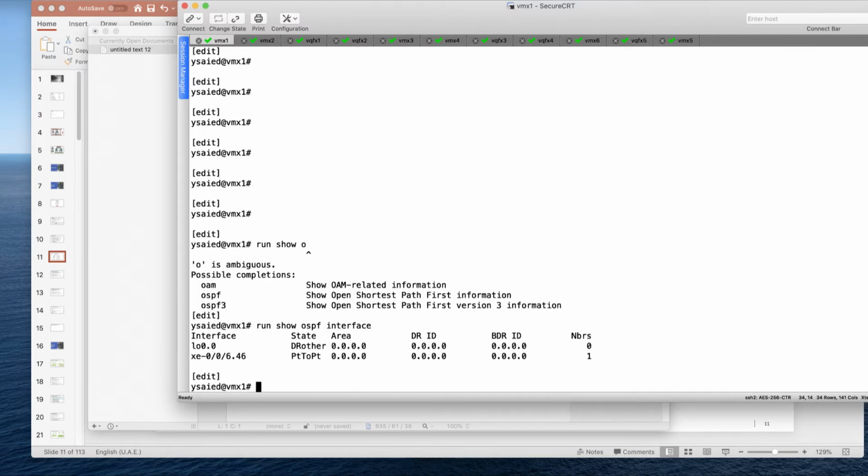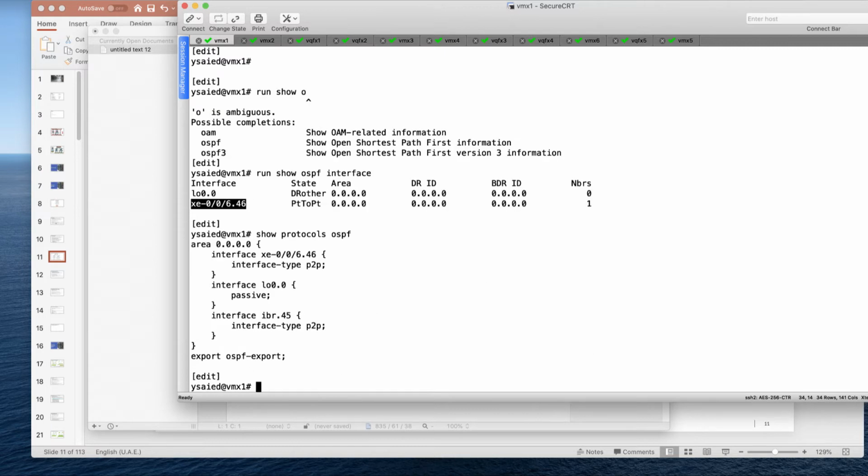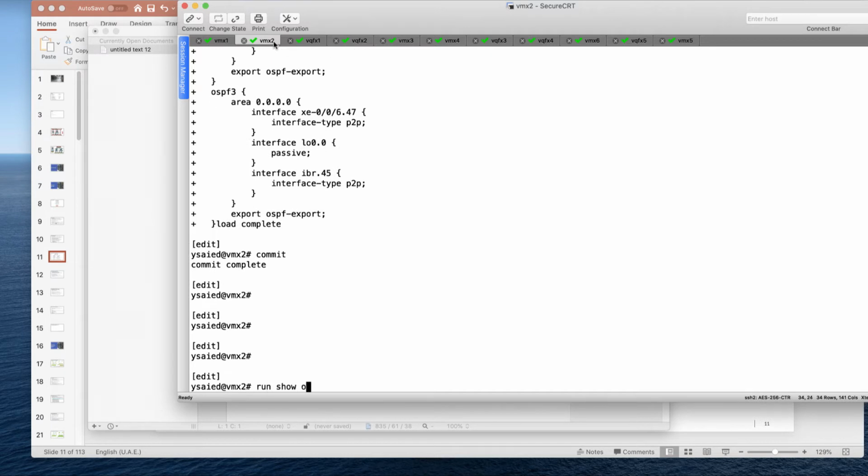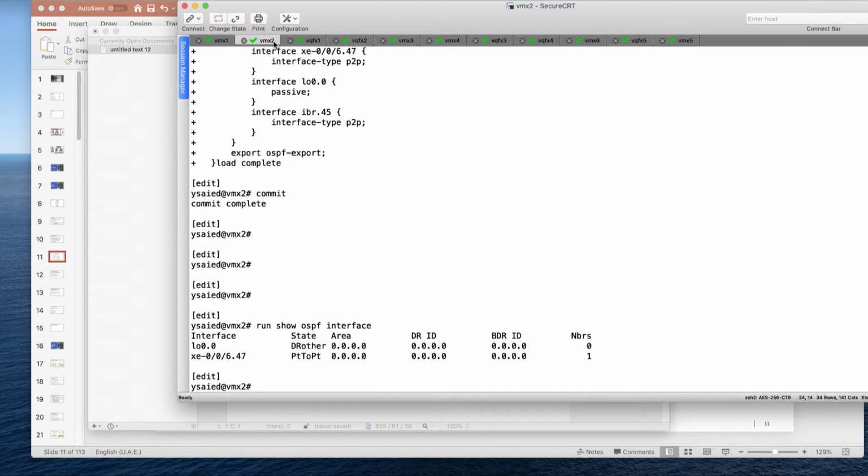Run show OSPF interfaces. So in OSPF, we have the loopback interface, and we have interface XE006.46. For some reason, the IRB interface is not being displayed. So protocols OSPF, interface IRB here. Okay. So the interface IRB is not being displayed, and actually there is a kind of mandatory configuration if we will be enabling